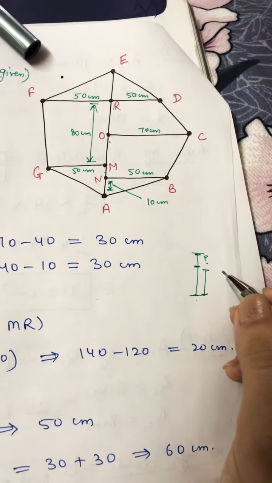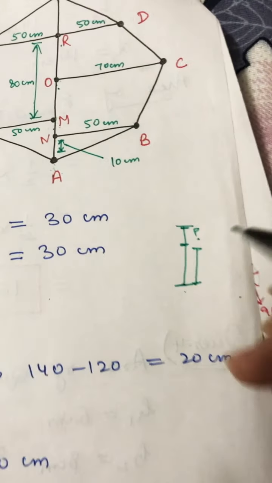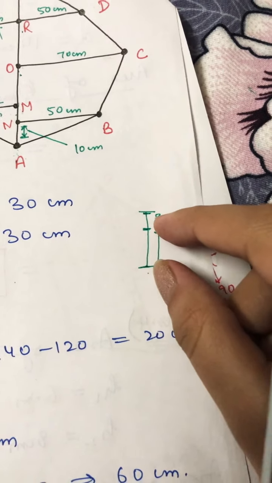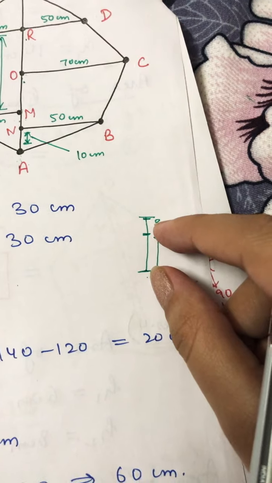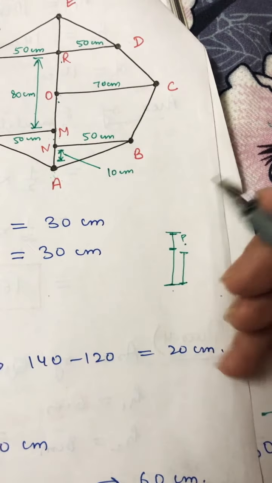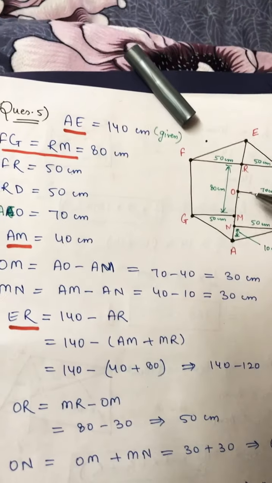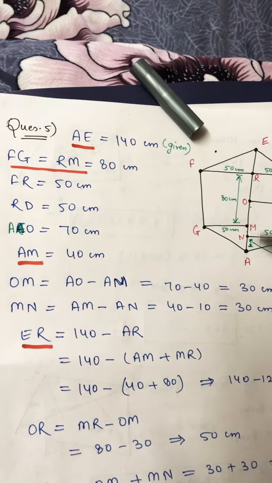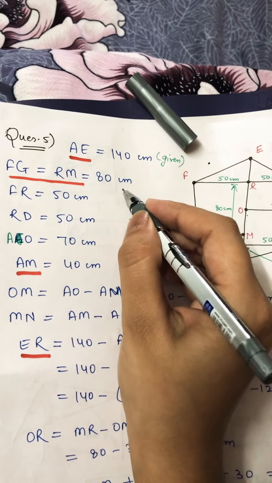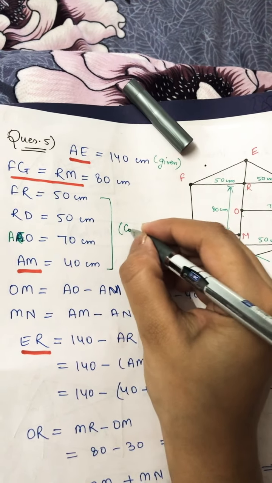So I will not tell you this simple basic thing, how you can take out the length of this much small height. If the complete is given and this much is given, the concept is that from the complete height you have to subtract this height and you will take out the height of this small length. So similarly you do the same concept in this OM. These all things are given to you.